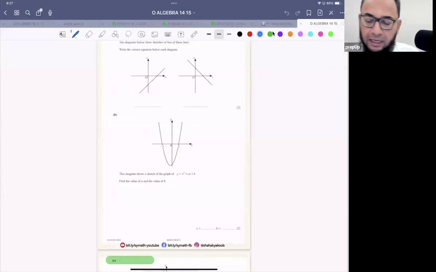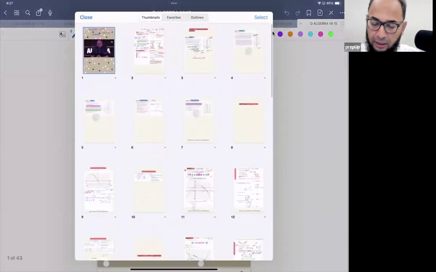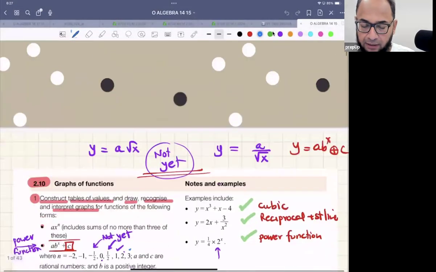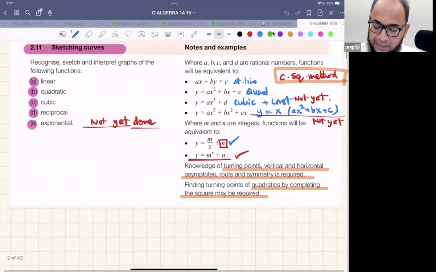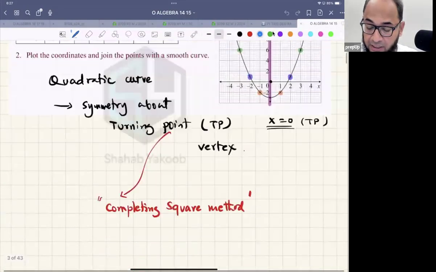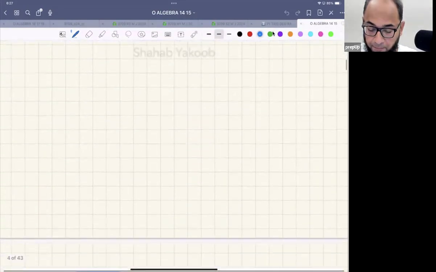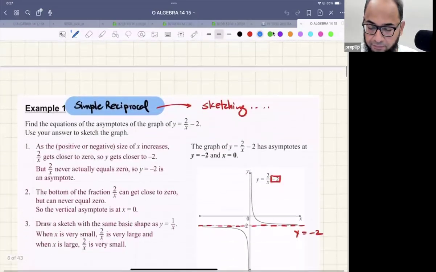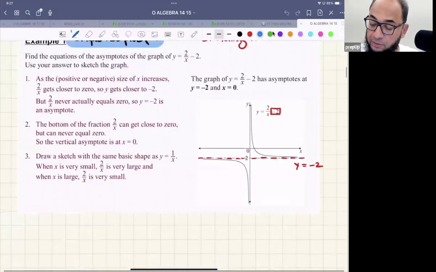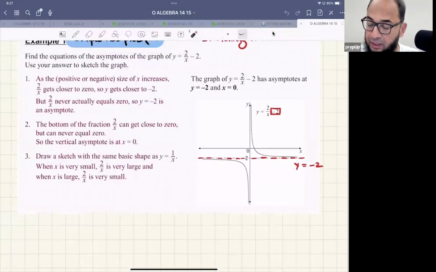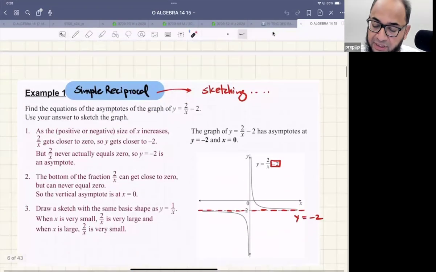Then after this, if we talk about 14 and 15. So 14, it's about construction and analysis of this quadratic curve. How do we plot it? Cubic curve, simple reciprocal. We talked about the concept of asymptote over here. It gets very close to this line but does not actually touch it. Now someone can ask this question